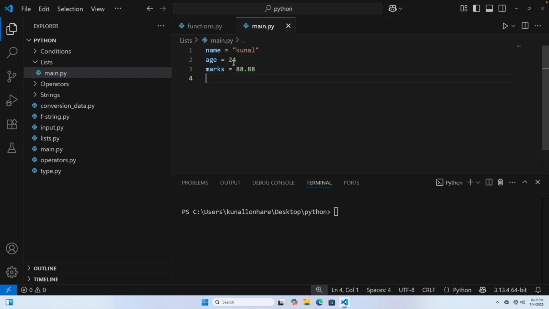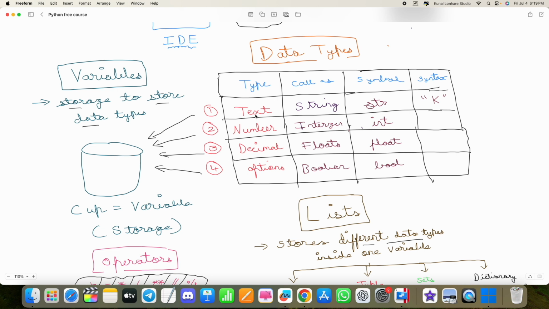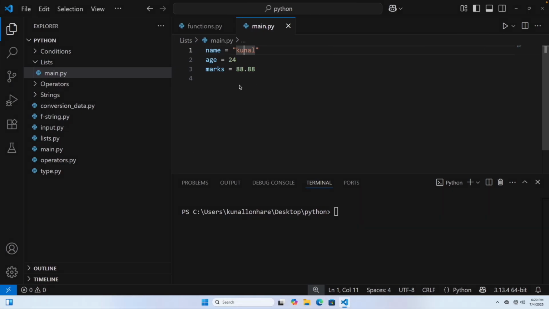So what you have understood is that for different data types I need to create different variables. Now, is it possible to put all these different types of data, or repetitive data like multiple text data or multiple numbers data, inside one particular bucket, or I can say cup, that is the variable? That is possible using list. So instead of this, you can just create a variable Kunal, and inside that you can write whatever you want. For example, my age, you can put it, let's say 24, my marks,